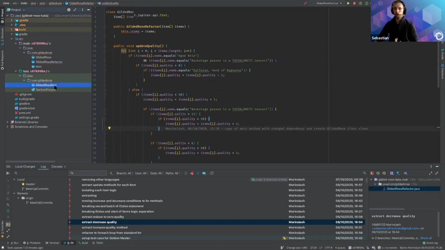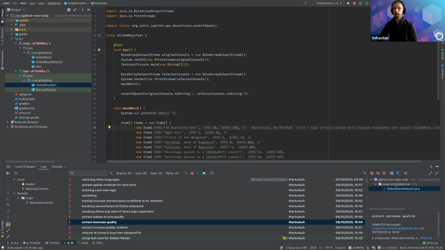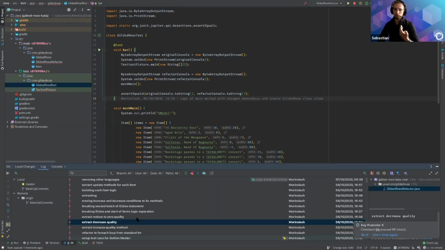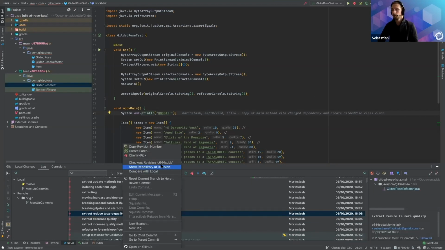And this is all thanks to this one test, maybe not the best naming convention as BART, but this is the one simple test that is comparing constantly after each refactor that I've done, that the program is still working exactly as expected, that the final result, what is rendered from the program, didn't change. And this way, this gives me security and safety net to conduct all these refactoring steps to the final level that you will see in a moment.